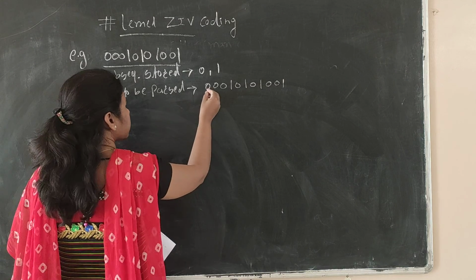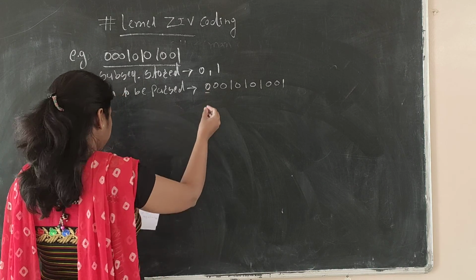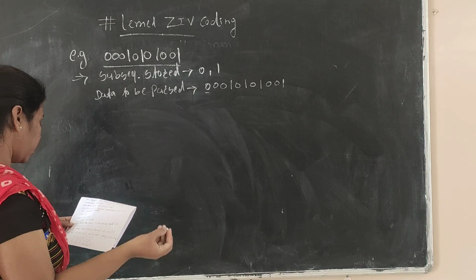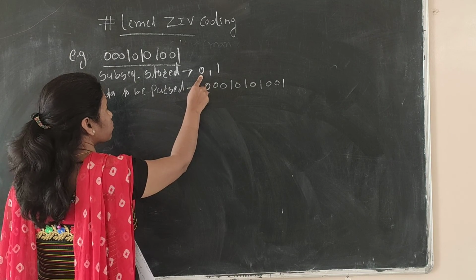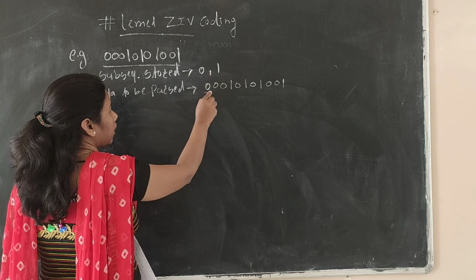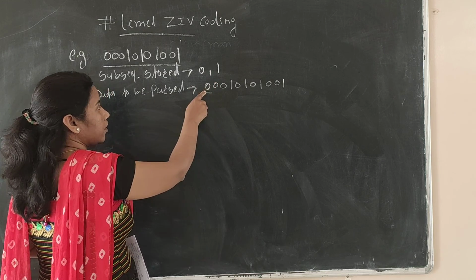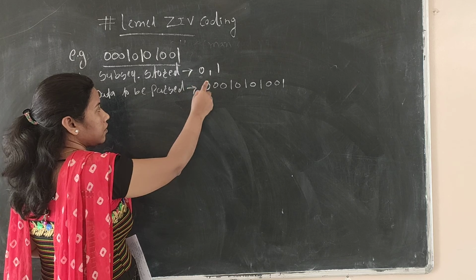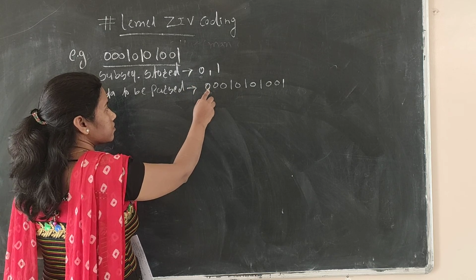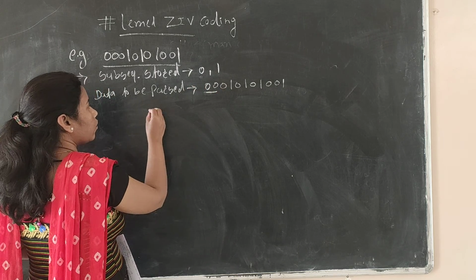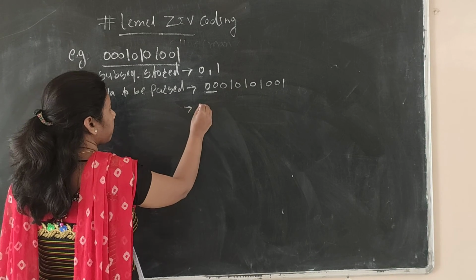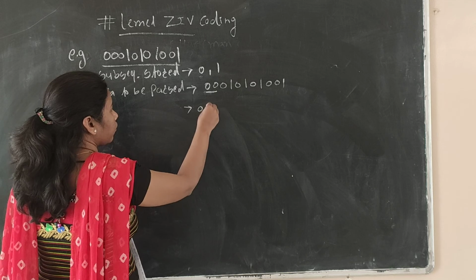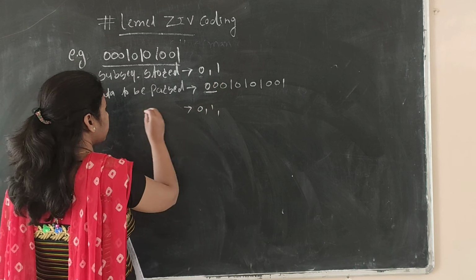Now, from the LSB, we have to find the shortest subsequence which is not encountered previously, and that's why we have already stored 0 and 1. Now the next subsequence is 0, which is already there. The next shortest subsequence we can take as 0 0. Next subsequence, the first one is 0 1, we can take as it is.